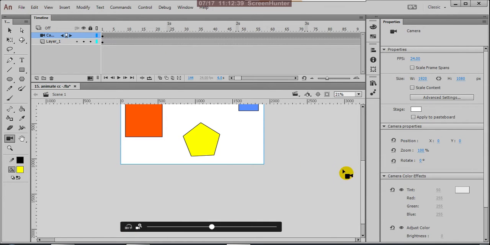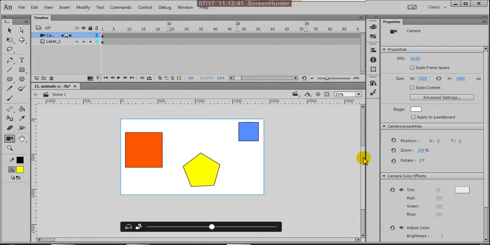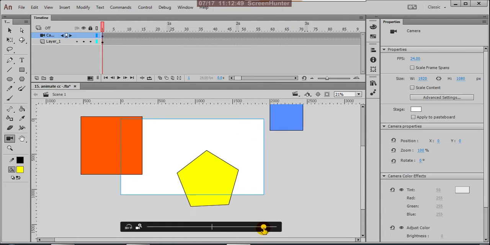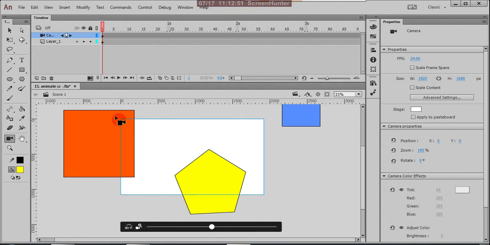See what I'm doing at first. Observe here, this blue border is your area. Outside this area, the content cannot display in the final animation.